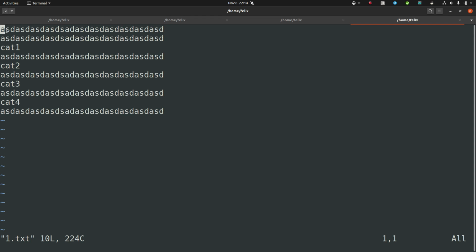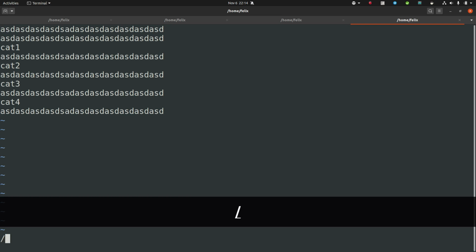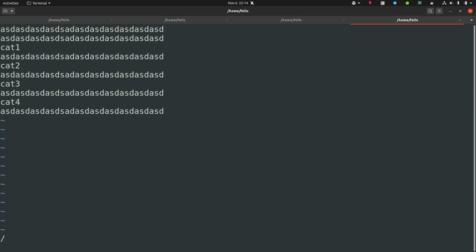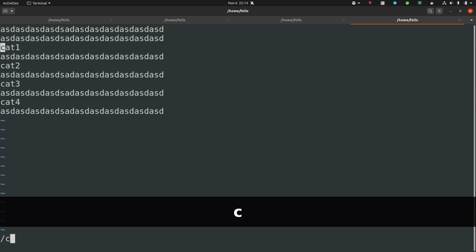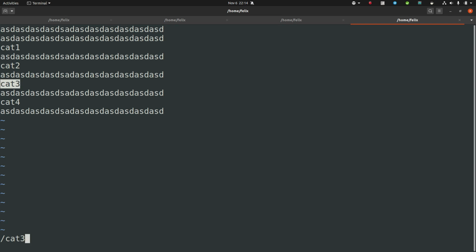I would then just press slash, and make sure that you're in the neutral Vim editor mode and not in insert mode or anything like that. You press slash to find the pattern, and then you type the pattern you want to search for. In this case, I want to search for cat3,